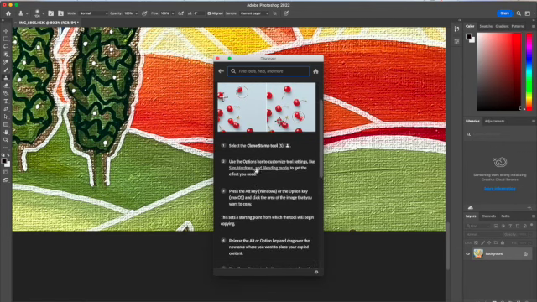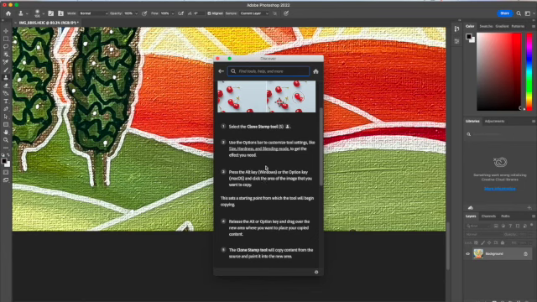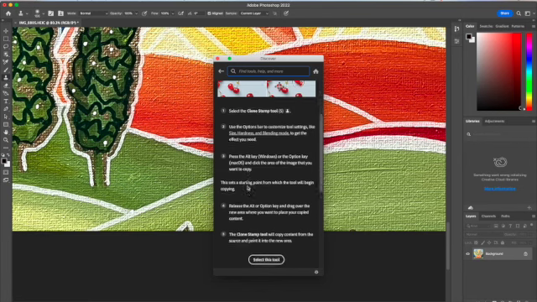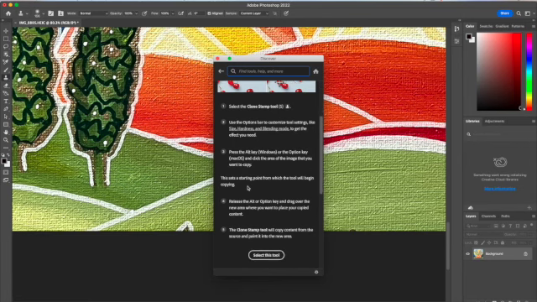So it's telling you to select the clone stamp tool. You're going to use the options bar to customize tool settings like size, hardness, and blending mode to get the effect you need. So that's what I just did up there where I changed the size. Then you press the Alt key on Windows or the Option key on Mac and click the area of the image that you want to copy. This sets the starting point from which the tool will begin copying. Basically, you're saying this is the spot that I want to clone, and then you release the